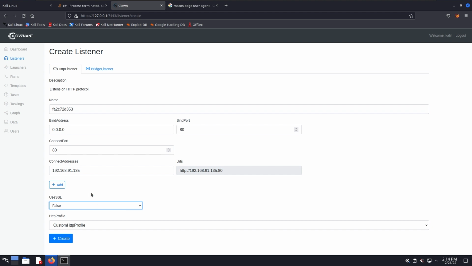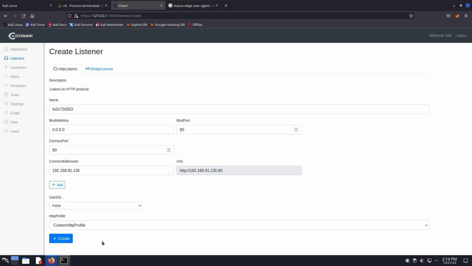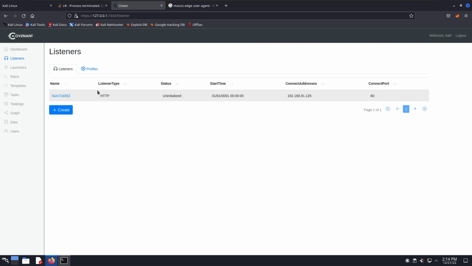UseSSL is gonna be false because once again we are still sticking to port 80, and we're gonna specify the custom HTTP profile, the one we just created. So click create here and it automatically starts the listener interface. Now I'm not sure why it says uninitialized, but it needed to take a little bit of time, and